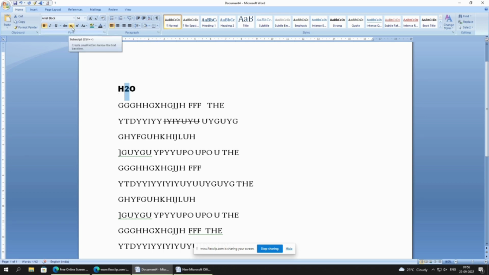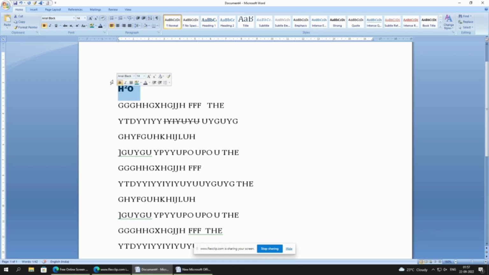Same way, if you want superscript, it means it will go to powers. You can see here, click here and you can get the powers. Like when you're doing maths or chemistry papers. When you're doing physics, chemistry or some papers or maths, at that time you have to use this. This is the one you have to use. And this is for